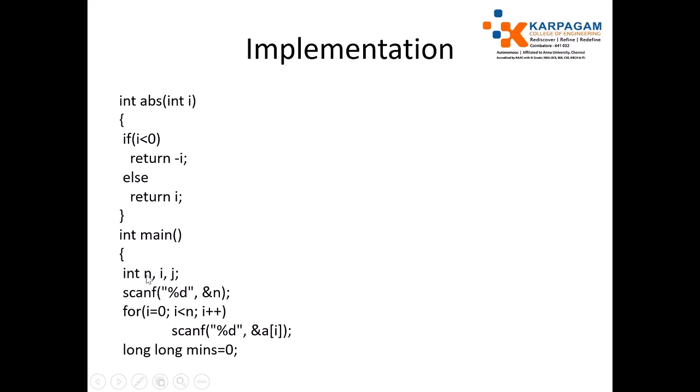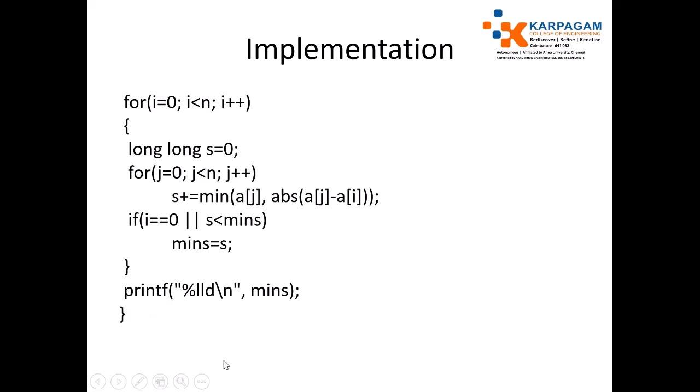Then in the main function, here I am getting the size of the array, and I am getting the n array elements by using the scanf statement, and I set minimum operations equal to 0 initially. Okay, here you have mentioned this logic, no. First I take the outer loop, and then we take the inner loop. In the outer loop we select the element and try to identify the number of operations required to convert the jth element to the ith element. Okay, for selecting the other elements I use this loop, identify the number of operations here and record it into s.